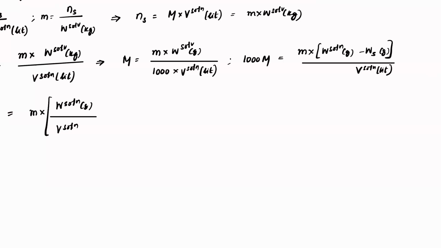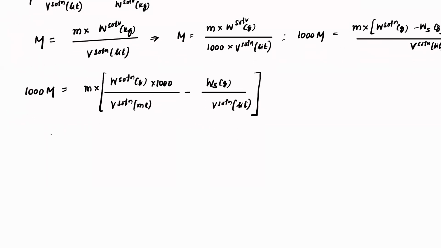Now I'm writing that solution in ml. So if I write it in ml, that 1000 will come into the numerator, minus weight of solute in grams divided by volume of solution in liters. I'll keep this side of the part in liters only. So keeping that, I'll get 1000 times m is equal to molality into, notice this one,